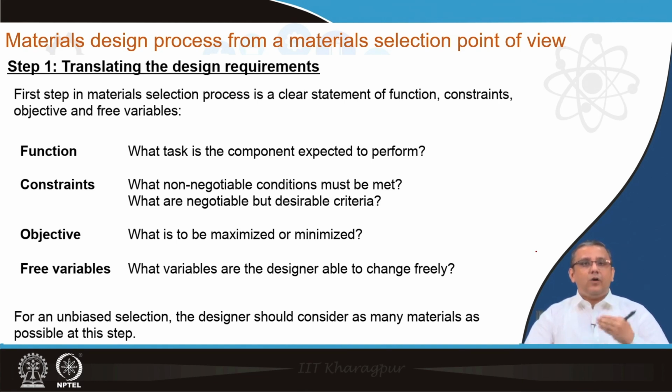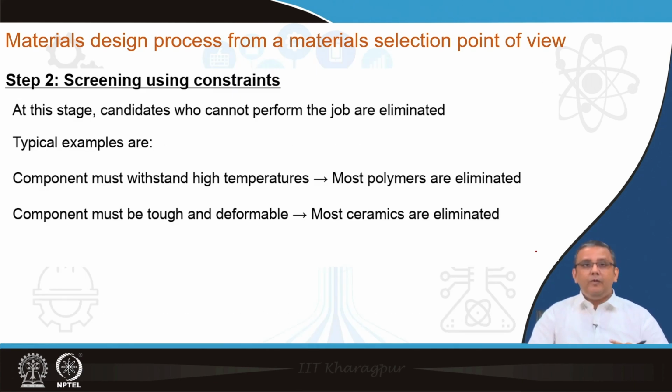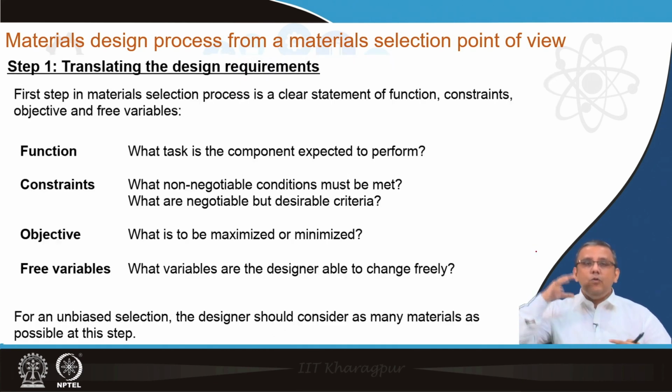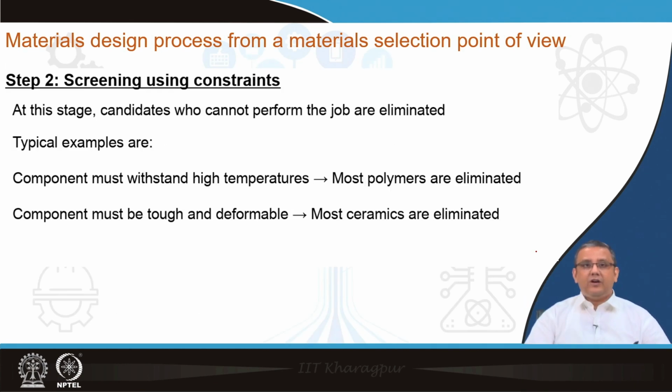The next point is the constraints. Constraints are basically either non-negotiable conditions or negotiable conditions. What are the non-negotiable conditions? For example, if you want to design a material for high temperature application, you will always have to keep in mind that the material must have a very high melting point. If you want to fabricate a material for high temperature aerospace or aero engine applications where you reach more than 1000 or 1500 degrees Celsius, no polymer or almost no polymer should